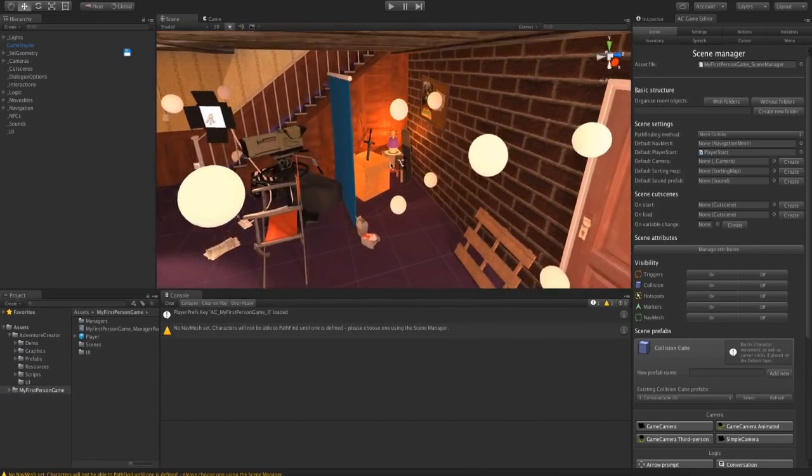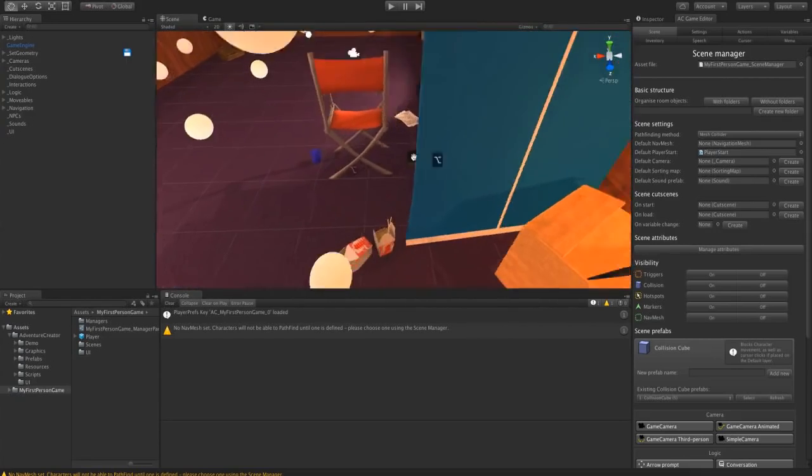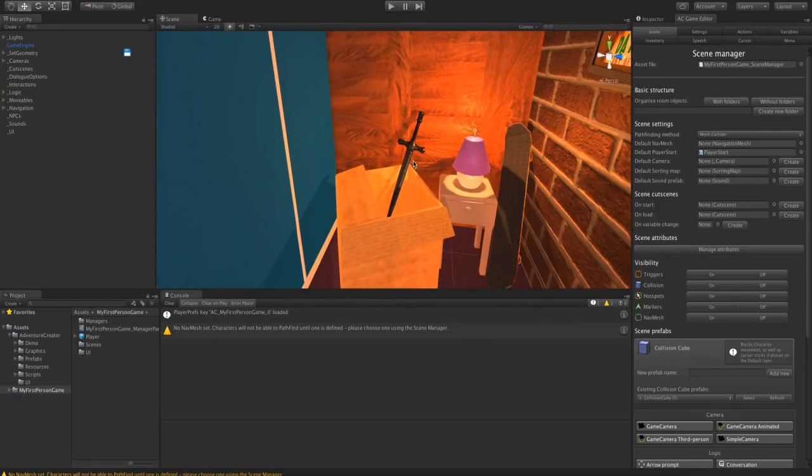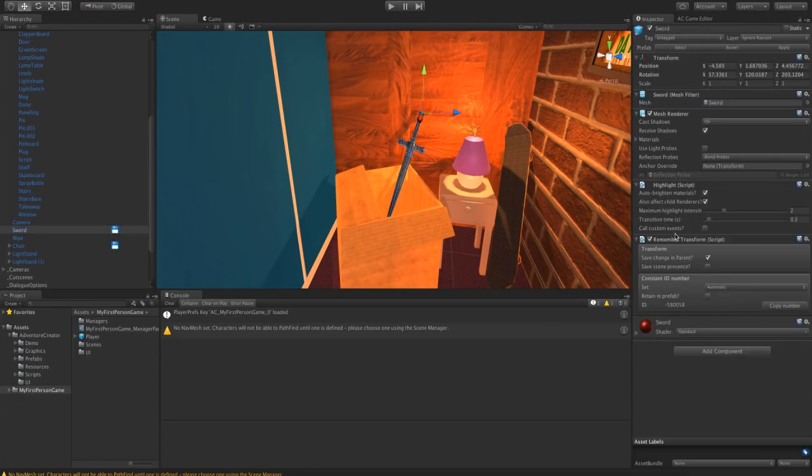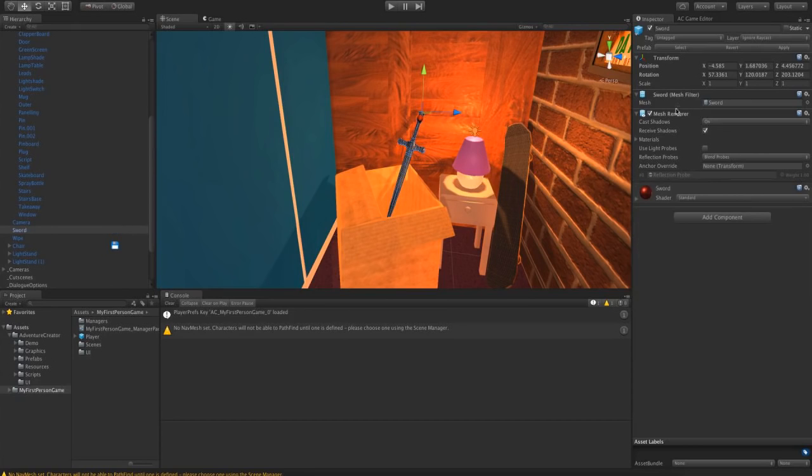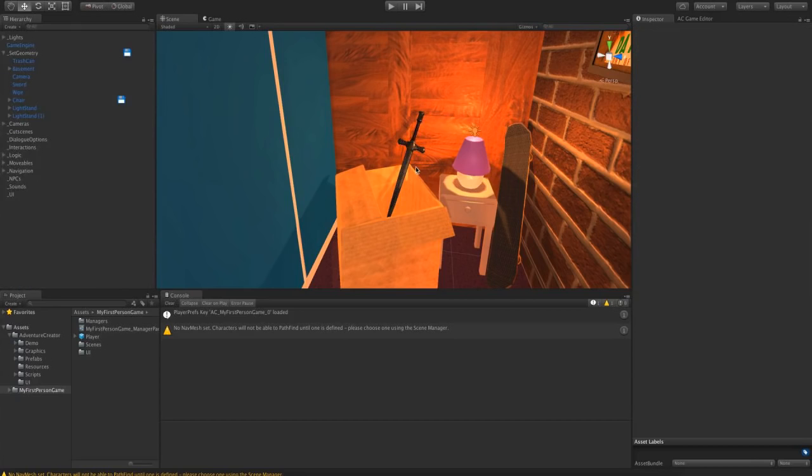We're going to make use of more of the graphics that are in this demo game. We've got this sword in the corner, and we're going to make it so that we can click on this and it's then added to our inventory, just like in the 3D demo. Now if I click on this sword, you'll see that it's got this icon next to it in the hierarchy. And if I go to the inspector, that is because it has a Remember Transform script as well as a Highlight script, and both of these were used to build the 3D demo. I will remove these just so that we can do all this from scratch. So this is literally just a model of a sword, and we're going to make it interactive.